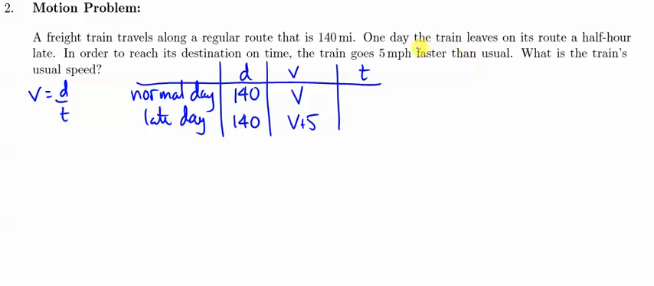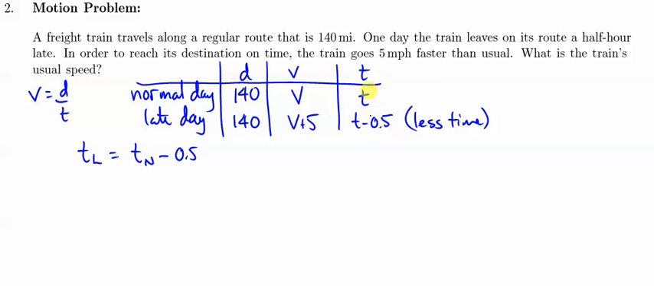Now I'm also told something about time. It says that one day it leaves a half an hour late. So compared again to the normal time, which we could just call t, half an hour late and arriving at the same time requires a shorter time. So t minus 0.5. Okay? I'm just going to make a note there. It's because it's less time because it's late. So from that we can form an equation here. And we can say the late time is equal to the normal time minus half an hour,